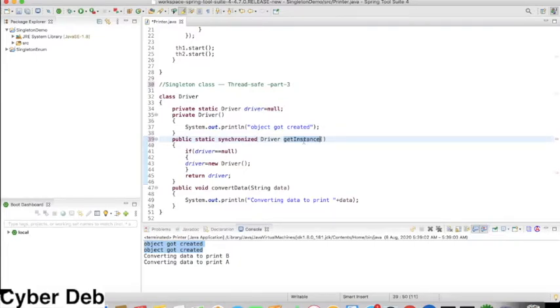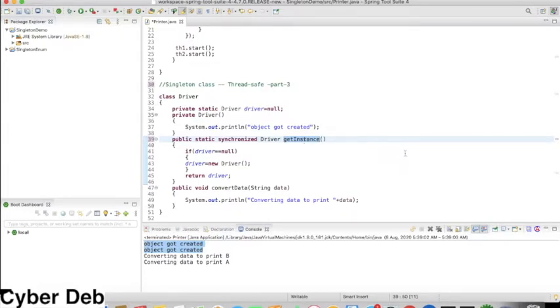What does a synchronized method say? It says that at a time only one thread can enter the method which is synchronized. If multiple threads try to enter the synchronized method, it will not allow it. The second thread onwards will wait till the first thread finishes the job. When the first thread finishes the job, the second will enter. When the second finishes, the third will enter. So it calls the method one after another, meaning one thread is allowed into the synchronized method at a time.